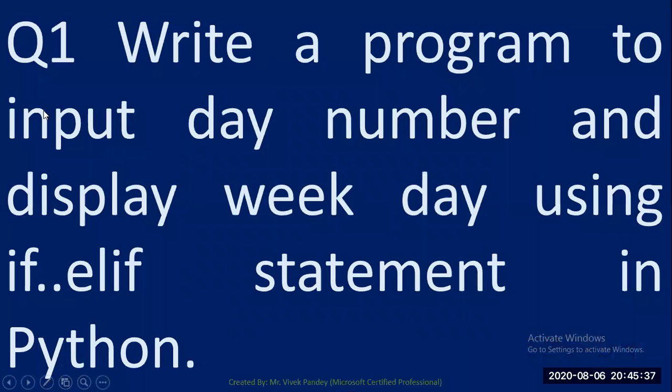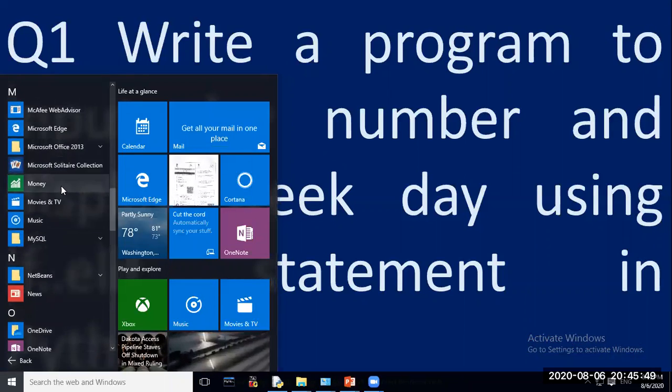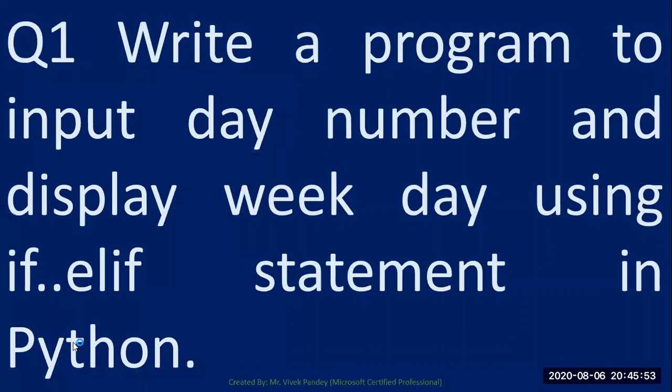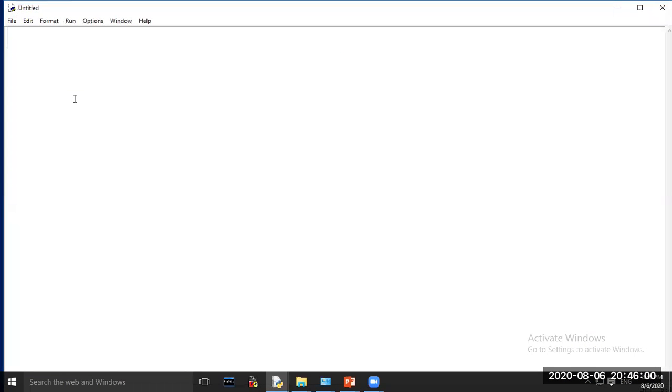Our first program is: write a program to input day number and display weekday using if-elif statement in Python. Open Python software. Click at option File, choose option New File. d = int(input("enter day number"))